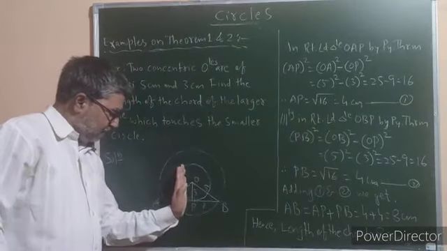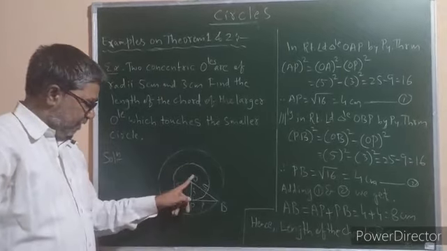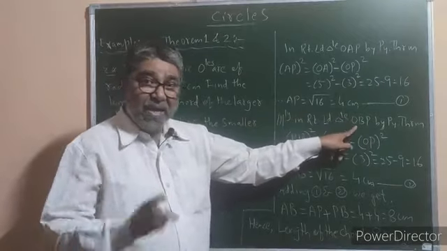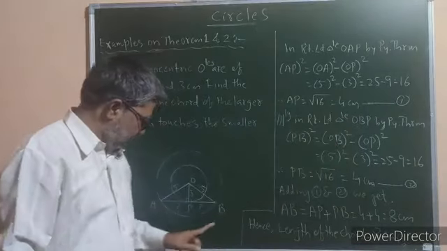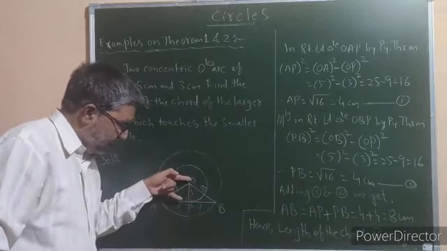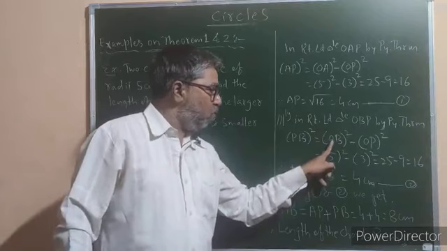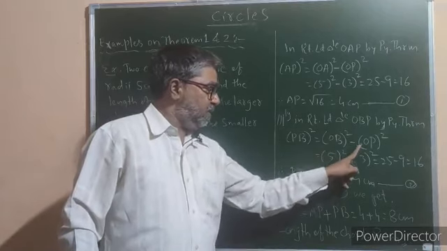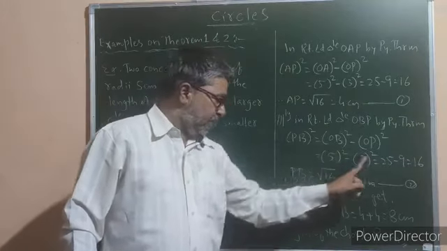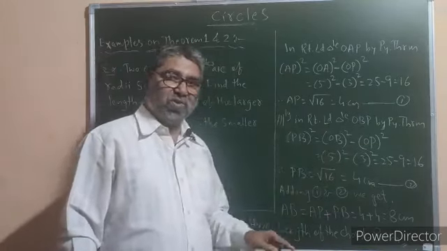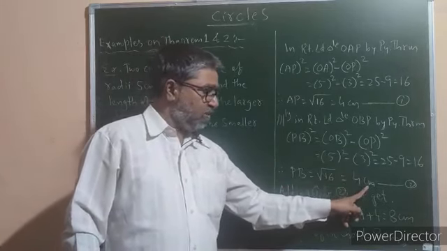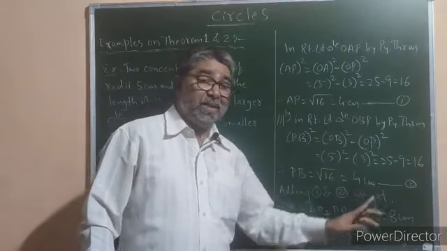Now coming to the second right angle triangle, that is triangle OBP. Similarly, in right angle triangle OBP, again by applying Pythagoras theorem, PB square will be equal to OB square minus OP square. The value of OB is 5, so 5 square, minus the length of OP is 3 square. 25 minus 9 is equal to 16 again. PB square is equal to 16. Therefore, the length of PB is equal to root 16, which is 4 centimeter. Call this result as result number 2.